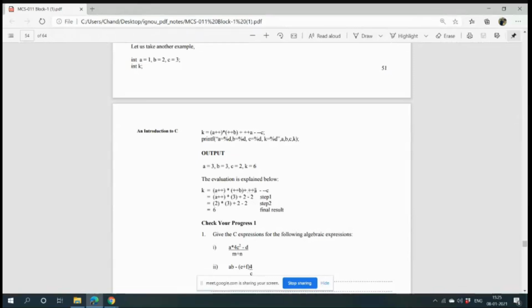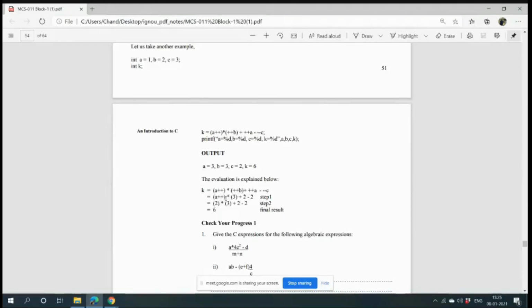Plus A means the initial value of A was 1, plus 1 makes 2. Two is placed here, and then 2 is placed here. Then we are setting plus B, meaning 2 plus 1, it will be 3, and finally into A plus plus. Now A plus plus will be on the last value. The last value is not 1, the last value is 2, so it will be 2.